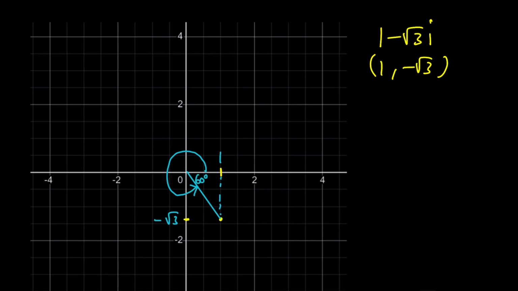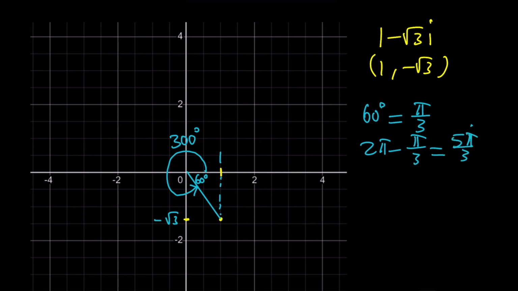So the angle we're trying to measure, the positive angle, which is in the counterclockwise direction, is going to be 300 degrees. But you kind of need to write it in radians, and in radians, how do you do that, right? Well, here's the thing. If you know 60 degrees is equivalent to pi over 3, then you can basically just subtract it from 2 pi and write it as 5 pi over 3. Or if you know that 60 is pi over 3, then just multiply by 5 and you get the same answer. In other words, our theta is going to be 5 pi over 3 as measured from the positive x-axis,